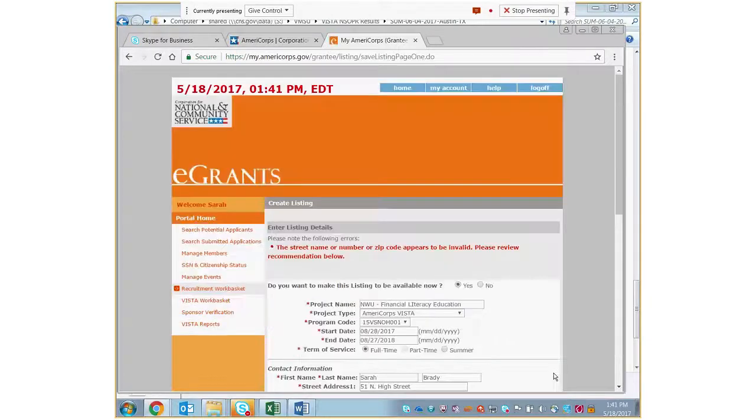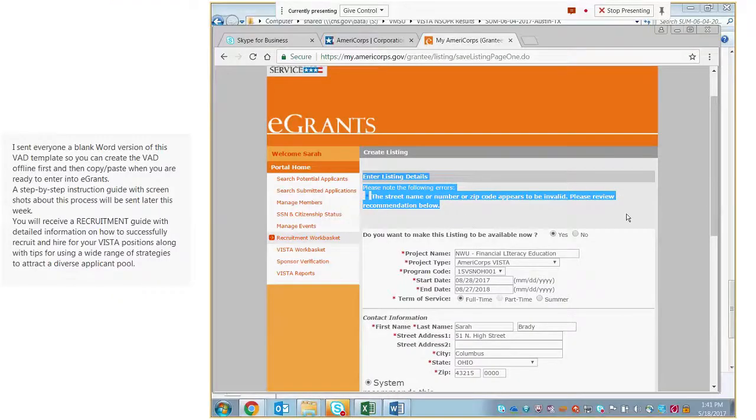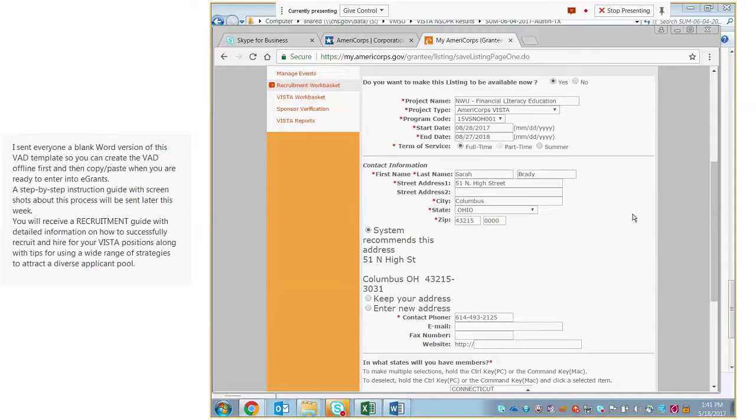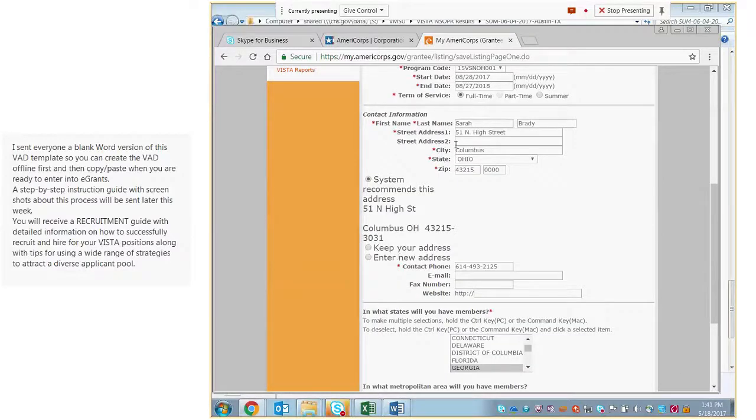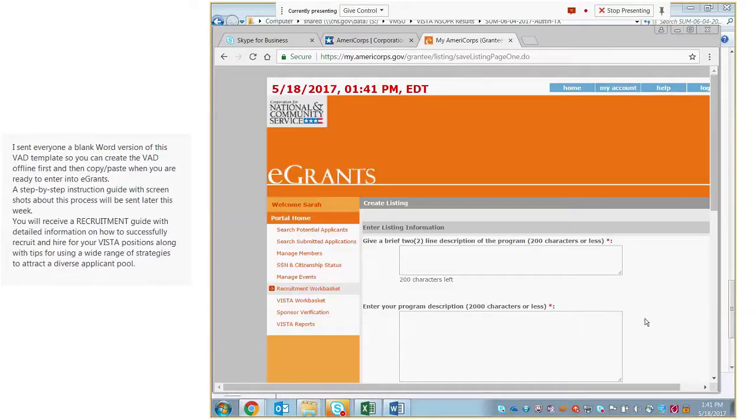you're going to click next, and you'll see that my zip code was incorrect. So I got this error message across the top of the screen that says my street name or zip code appears to be invalid. And so I'm going to go down here, and I'm going to see that they've suggested a new address for me, and I'm going to take that system recommended address and use that as my new address. So once you do that, you can click next, and on the next screen we're getting to the meat